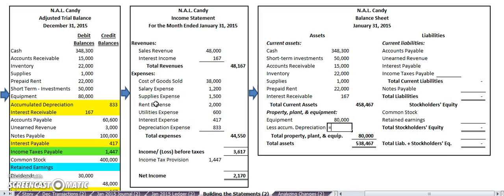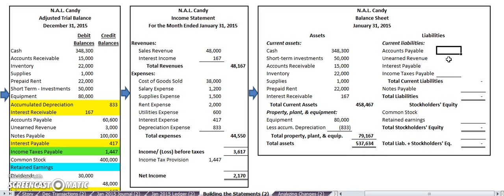And I'm going to go ahead and put the depreciation, but since it's on this other side, I'm going to put it negative, right? Because it lowers. Oops, sorry. I guess I don't have to put it negative. Well, let's put it negative there, and let's do it like this. Let's make this formula this plus this. Okay? And so that's the net book value of equipment. And so my total assets is